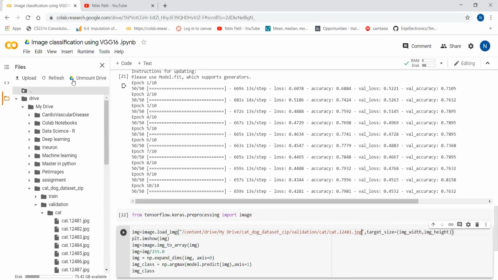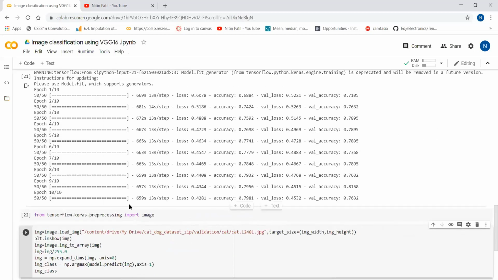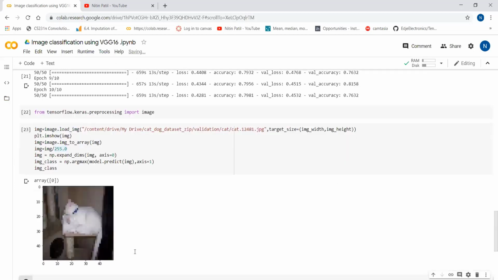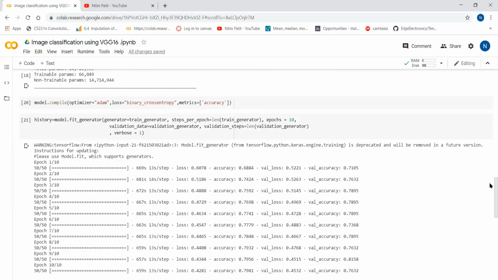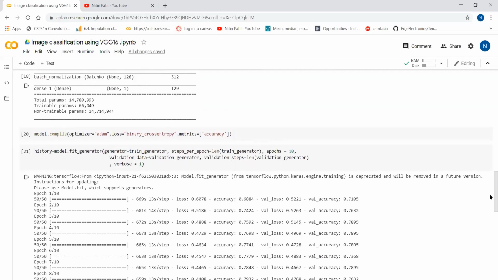Now we know this is a cat image, so I will run this code. Now see, 0 means cat, and our model has predicted well, right? And the model accuracy is around 78 to 81%. You can increase the number of epochs so the model will learn more.